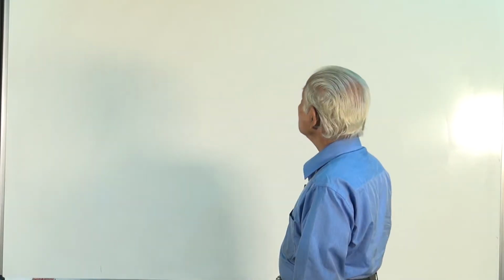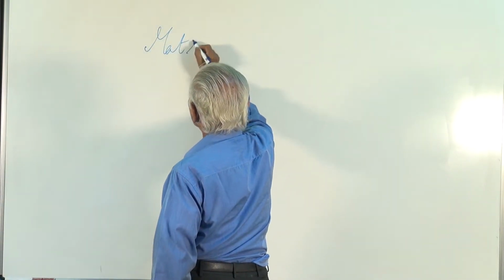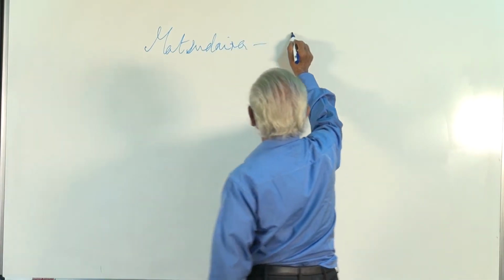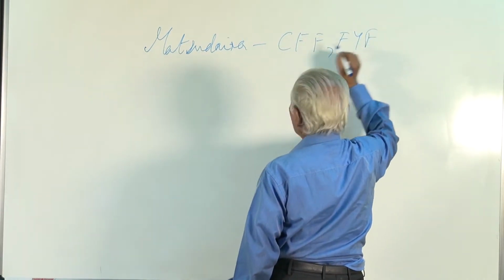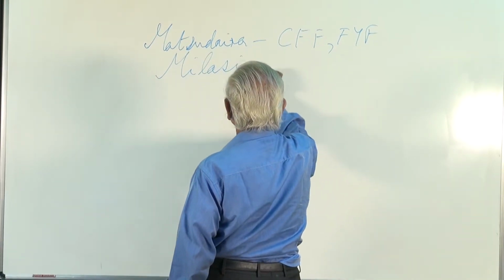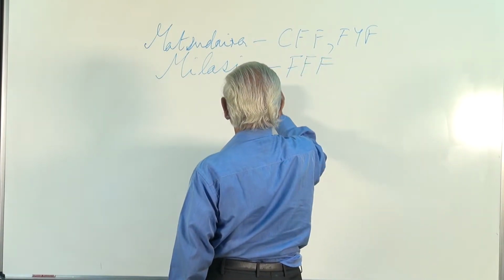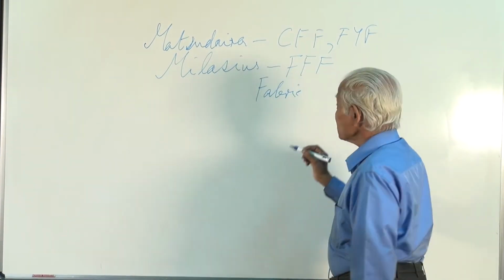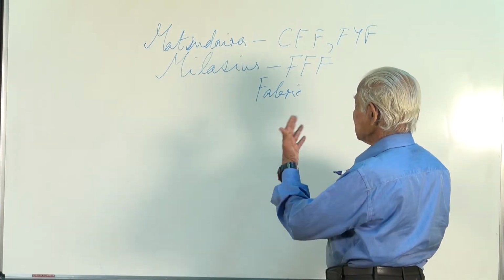We were talking about the contributions made by Matsudaira in evolving the parameters such as CFF and FIF, and Millasius is another gentleman who came out with a parameter called fabric firmness factor. This fabric firmness factor is calculated from the set of the fabric, the density of the fiber,